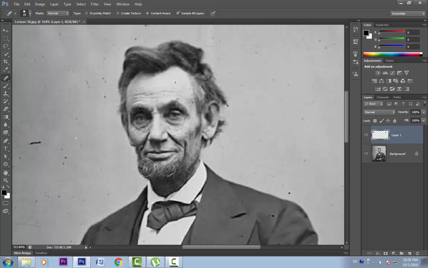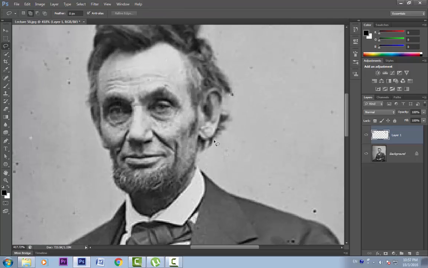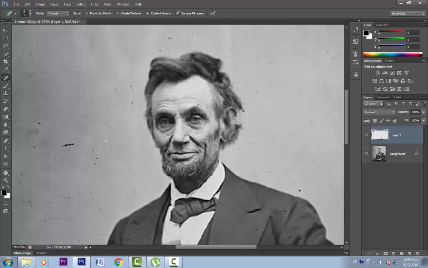Now let's do some repair here on the face. It does a pretty good job. Something else we can do is make a lasso selection and paint. This method of making a selection and then healing can be used if we want to preserve the edges. Suppose I try to paint here, you can see that the edges of the ear have blurred. To control this, we can use the lasso selection. Now we will paint inside. Invert the selection by pressing Ctrl Shift I and paint outside. What this does is it preserves the sharpness.